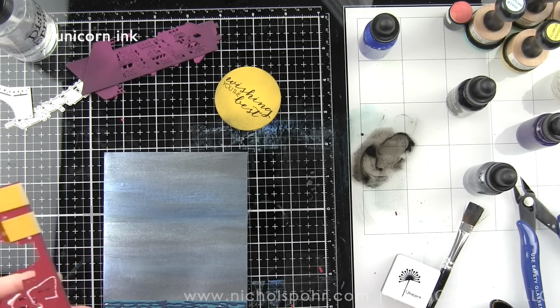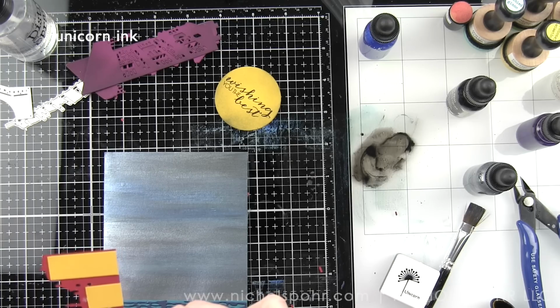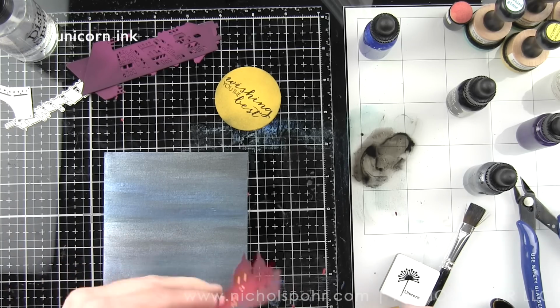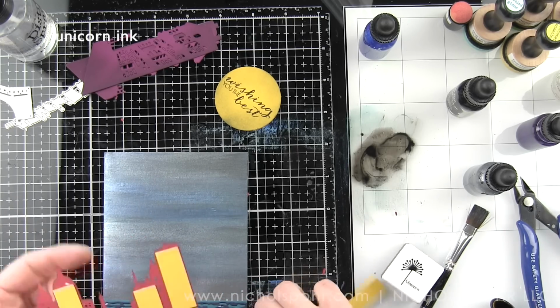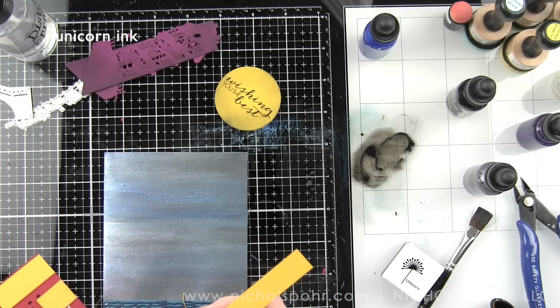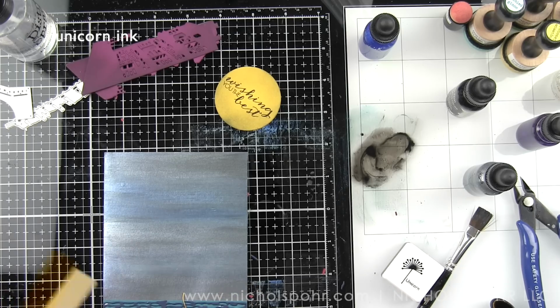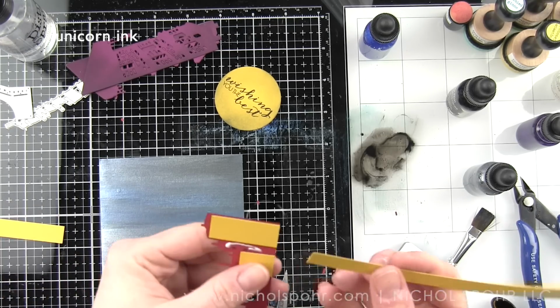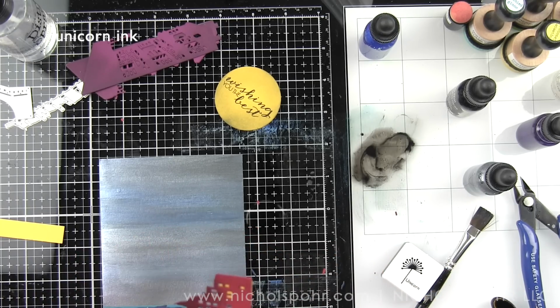I wanted my red border in the background. I wanted the windows. I didn't want to see through it to the sky, I guess. I wanted it to look like a nighttime scene where the windows are lit up. This poses a little bit of a challenge for the buildings on the side out of the PLUM cardstock. For the red building, I simply trimmed the mustard cardstock into strips, and I'm trimming it down and gluing it to the back of that red cardstock, or the cranberry cardstock die cut that's going to go on the very background of the card. The buildings are another thing altogether, and I'm going to show that here in a second,